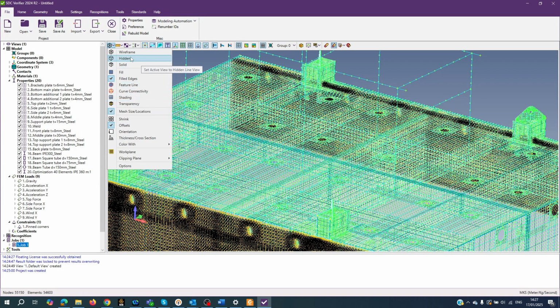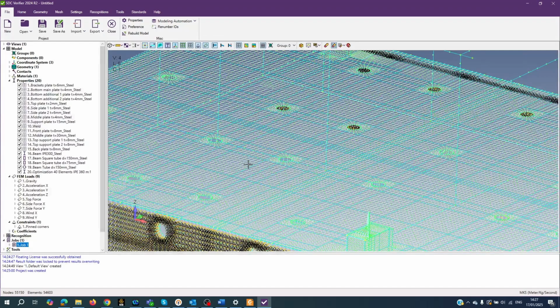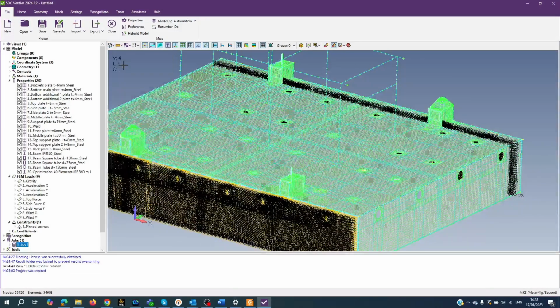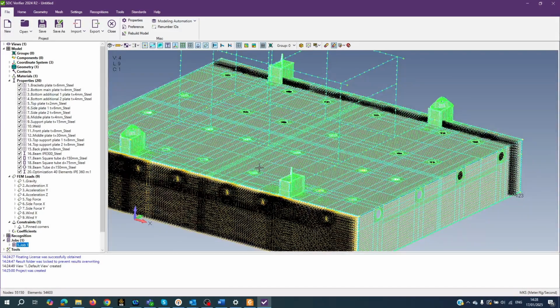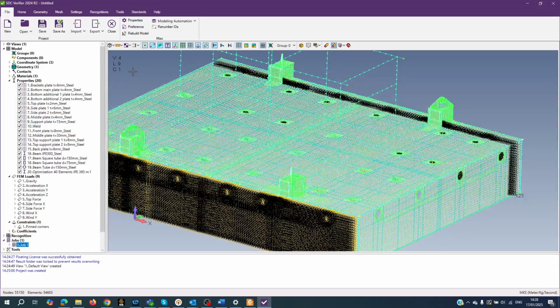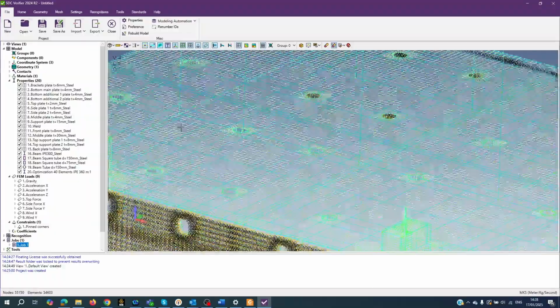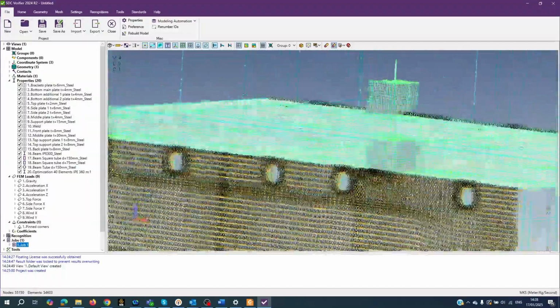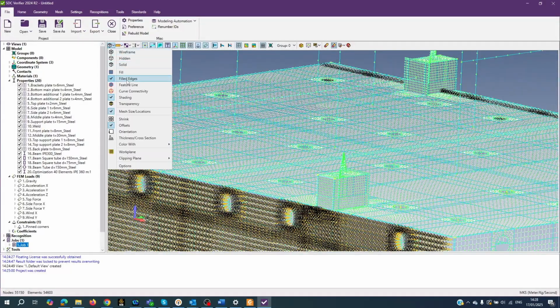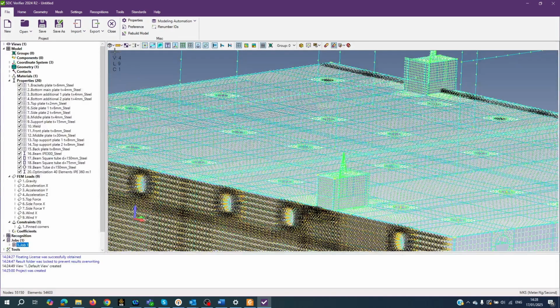Now moving on, hidden shows hidden lines. Solid turns both fill and shading on. Fill option fills in edged entities with color. Filled edges